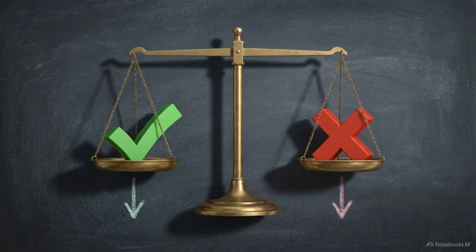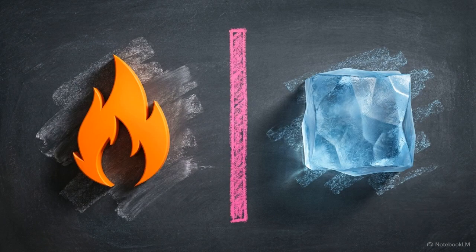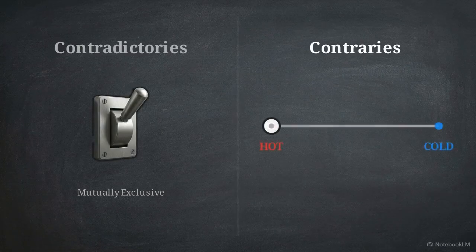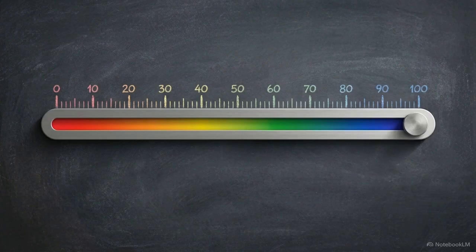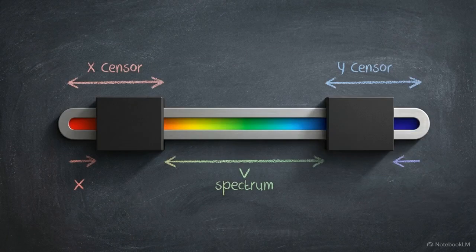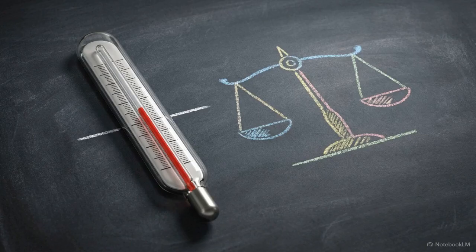The core rule of contradictories is absolute. If one extreme is false, the other must necessarily be true. A thing is either hot or it is not hot. Now look at the right side of the diagram. This continuous slider represents contraries. The slider moves smoothly between hot and cold, revealing a vast empty space between the endpoints. Contraries are opposites that allow for immense gradation. Because there is a middle ground, it is logically possible for both extremes to be false. The temperature could be lukewarm, meaning it is neither strictly hot nor strictly cold.